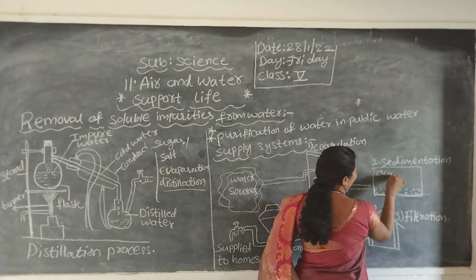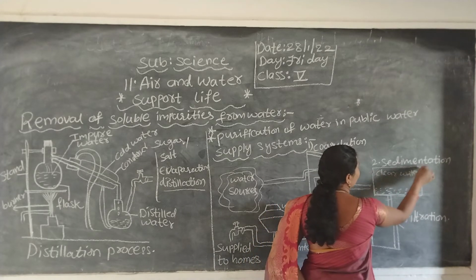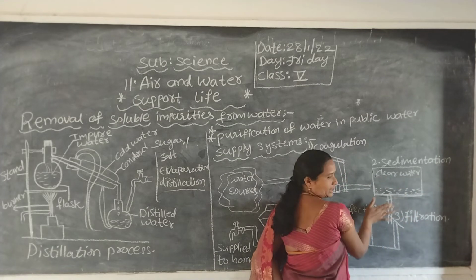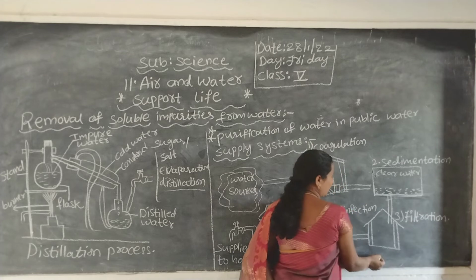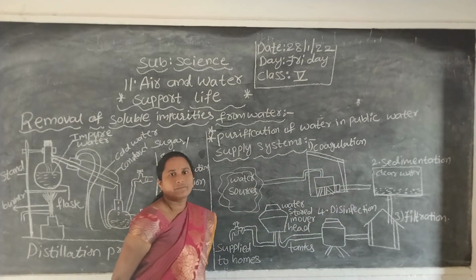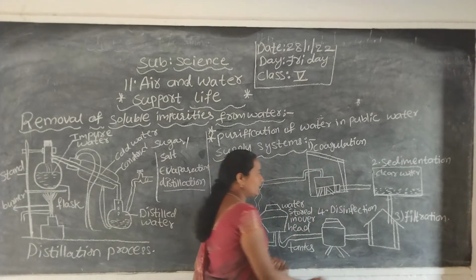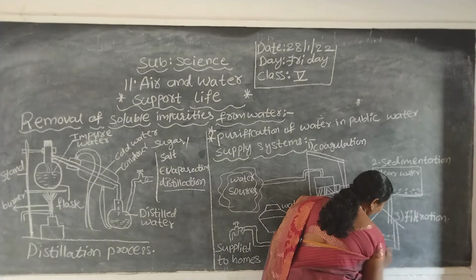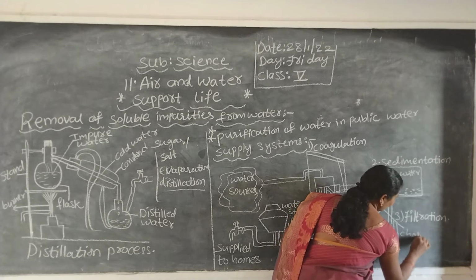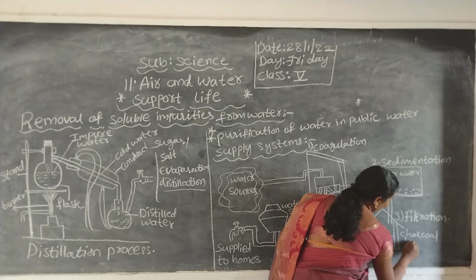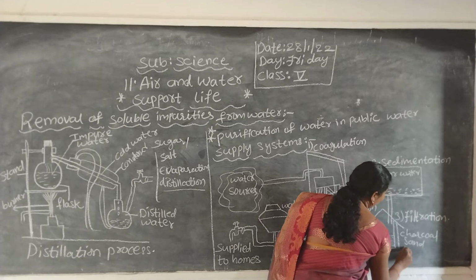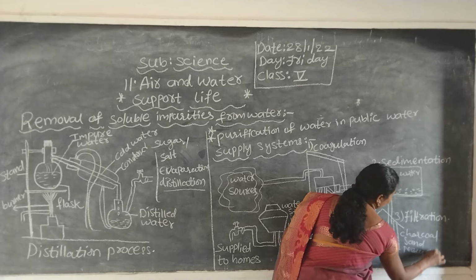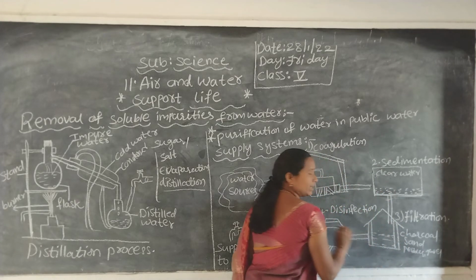So what do we get here? Clear water, because the heavier particles have completely settled down. This clear water is next sent to the filtration tank. This tank contains sand, pebbles, gravel, and charcoal, which are arranged in layers: charcoal, sand, and pebbles or gravel. In the filtration process, they are